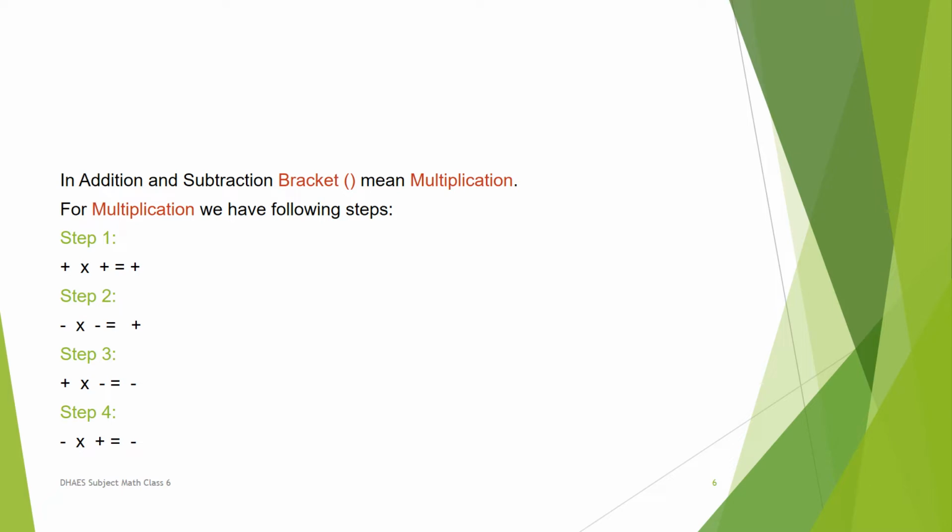In this lesson we first start from the multiplication rules that we already learned in our previous lesson. Plus multiply plus is equal to plus: two numbers having positive sign, then in the answer we also have a positive sign after multiplication. If two numbers have negative sign, then we have positive sign in the answer after multiplication. If two numbers have different signs, that is positive and negative, by multiplication we get minus in the answer. If two numbers have different signs, that is minus and plus, after multiplication we get minus in the answer.